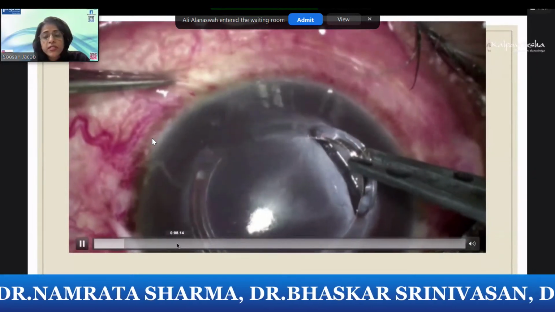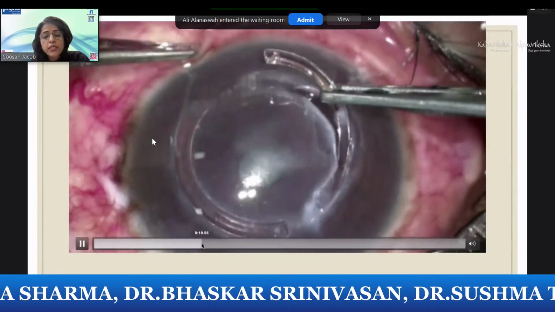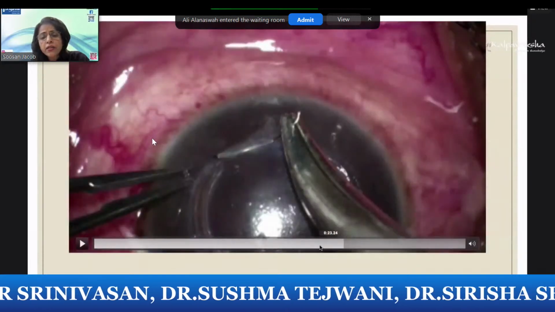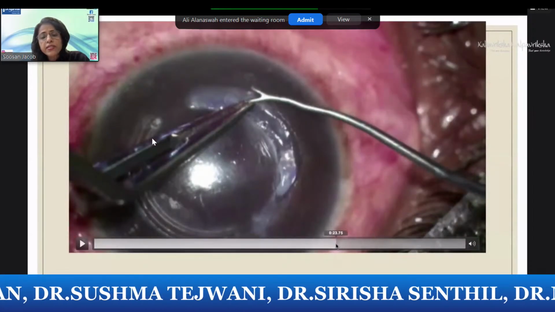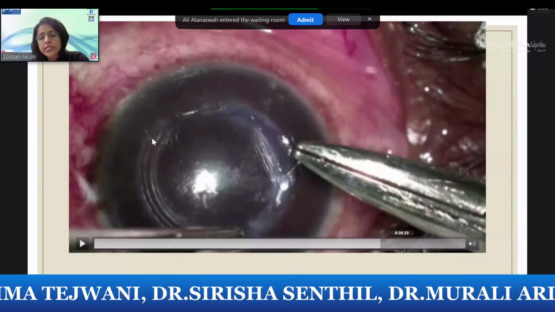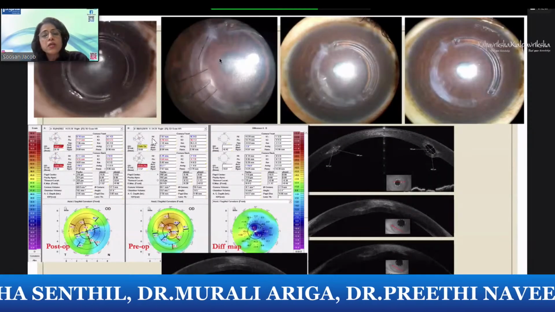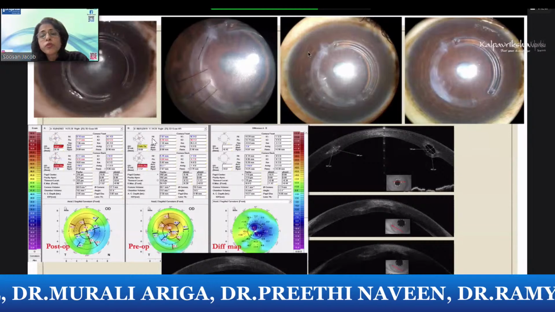So this is a patient where we removed the Intacs from the melted cornea, and now we have replaced it with the CARES. You can see that we replaced it with the CARES, and then we put some sutures so that the CARES just stays in place. And then post suture removal, you can see how the patient is doing. So again, CARES pre-suture removal, post-suture removal.